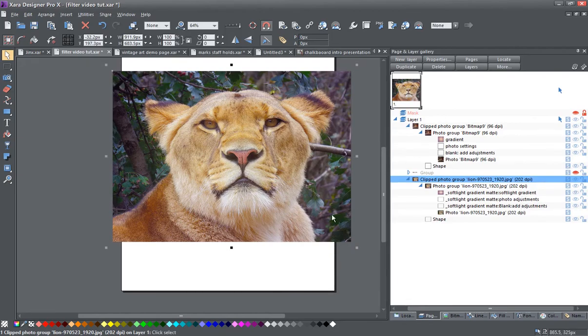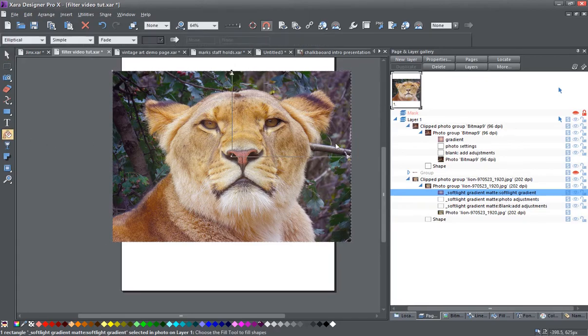So let's say we want to get rid of some of the purple. It's a little bit too heavy to the purple for you. So we're going to select our gradient. And then I'm going to go to the fill tool. I'm going to select the edge of the fill tool, and let's make this a slightly lighter purple. Okay, that's maybe made it a little bit too bright. We can leave it dark. Another option